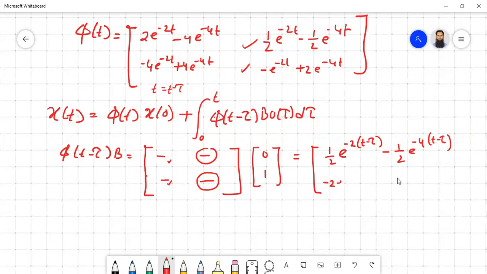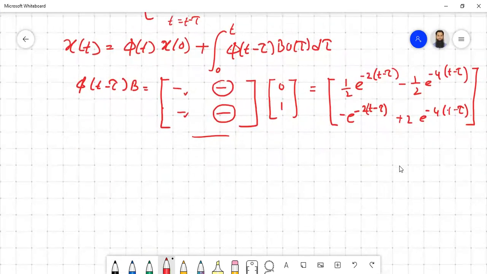Okay, so minus e to the power minus twice (t minus tau), then plus 2 e to the power minus 4 (t minus tau). I'm just keeping one line, so you just write that line and then it will be easier. Okay, now the next thing is